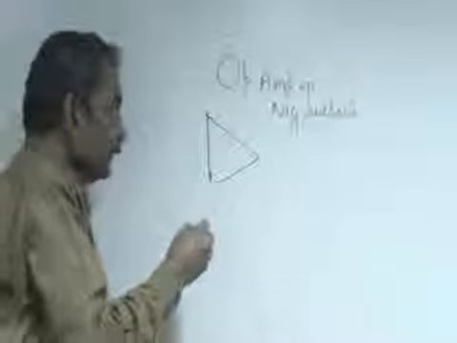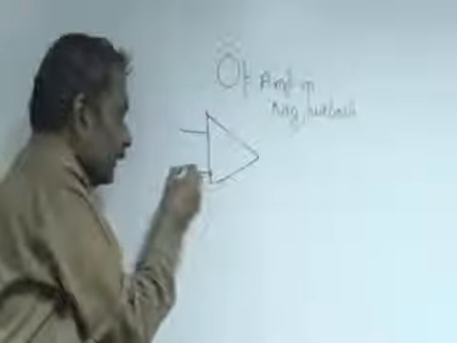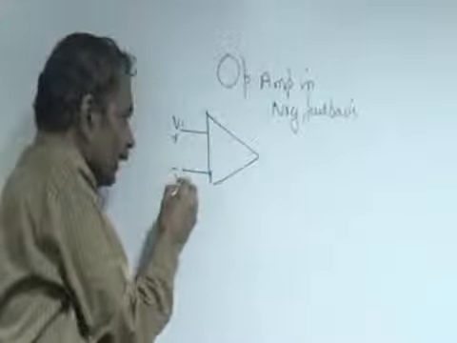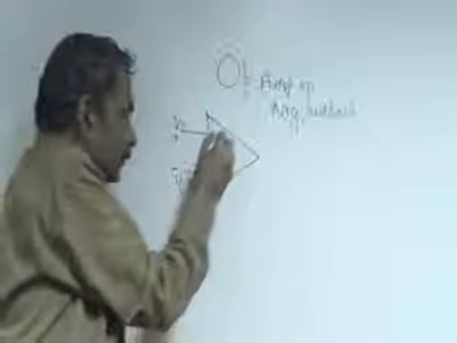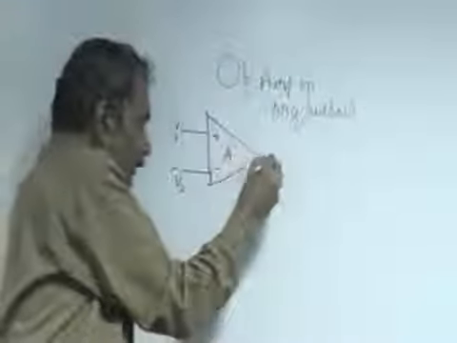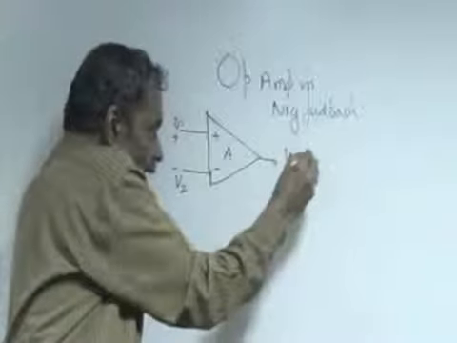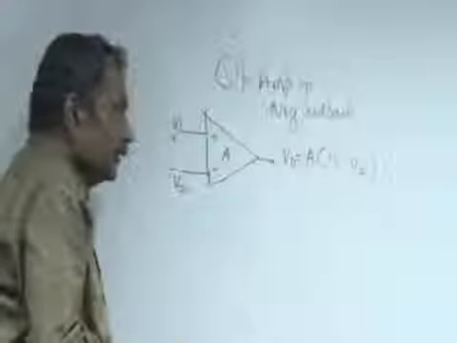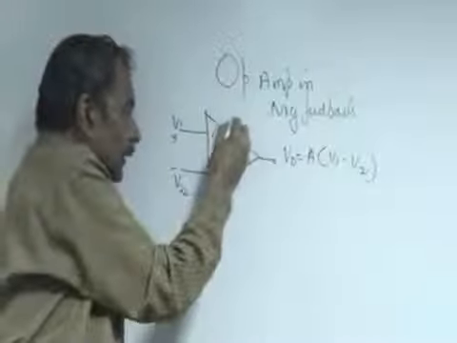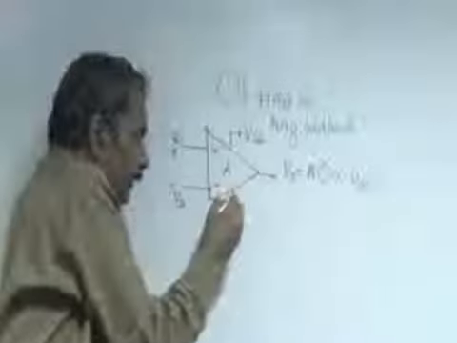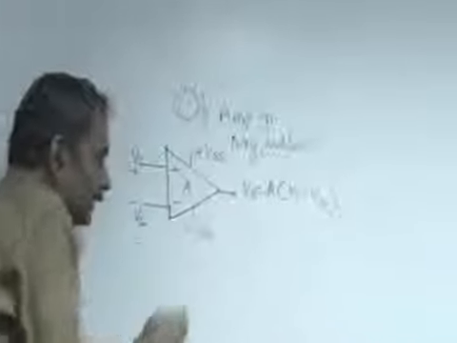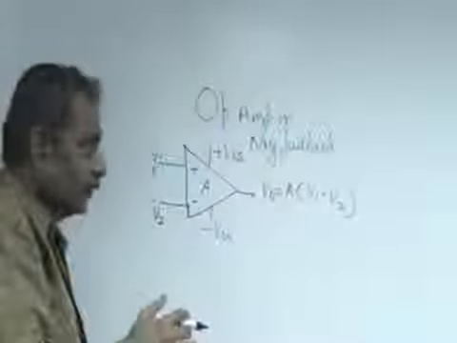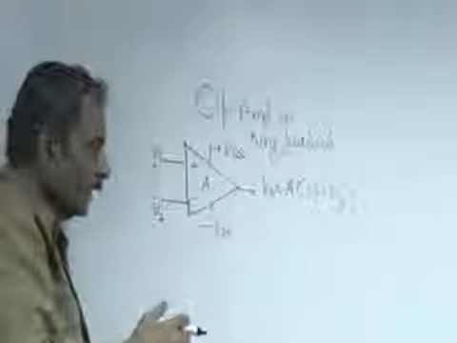Let us consider first the op-amp itself. It's nothing but a differential input stage with V1 at one and V2 at the other end of the input, such that output is A times (V1 minus V2). A is called the differential mode gain, and it is biased by dual supplies plus VSS and minus VSS, so that the output quiescent voltage is designed to be zero, or it has zero offset when the input